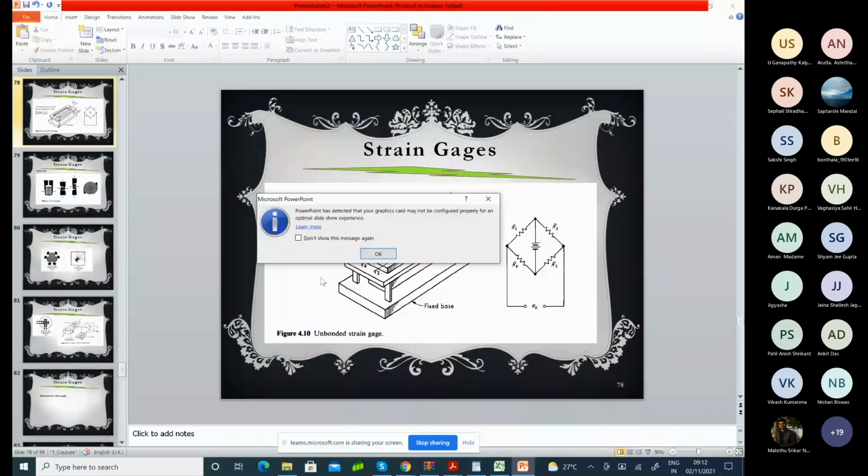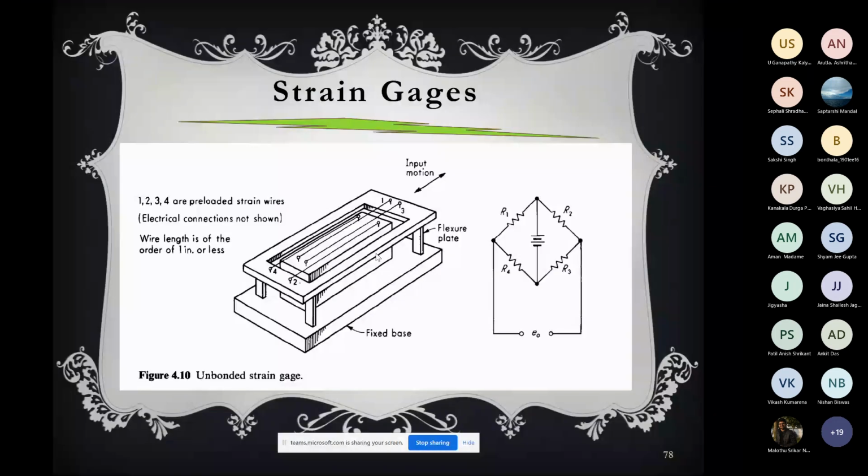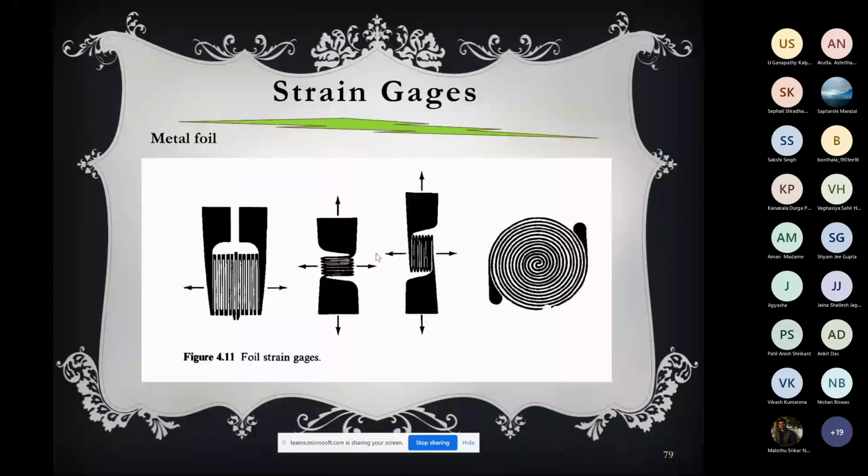Okay. So now, what we are discussing is the different types of strain gauges. We discussed the unbonded metal wire, then the bonded metal wire, and then the bonded metal foil, which I said is very important. In this case, it is very widely used today, and it has very thin wires. It is not actually wires. It is made by an etching process, and it is just like a sellotape, and you can take it and paste it on the surface where you want to measure the strain.